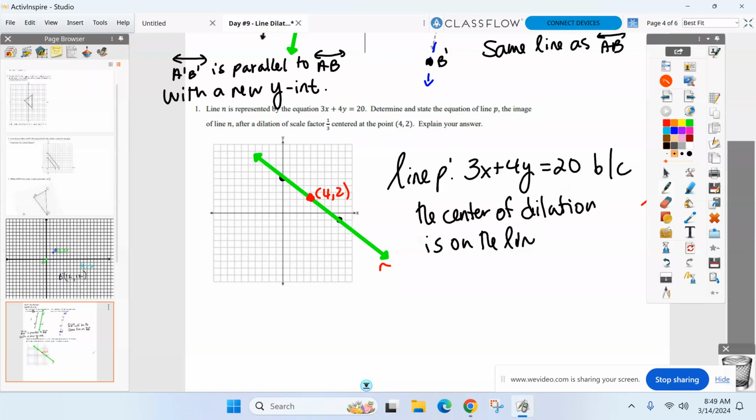There you go. Are we clear on that? We good? The only issue we're going to have is if it's not on the line. If the center of dilation is on your line, it remains the same line. All right, let's talk about if it's not on the line then, and I've got to actually come up with